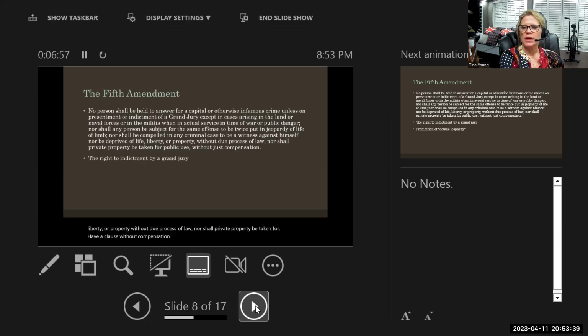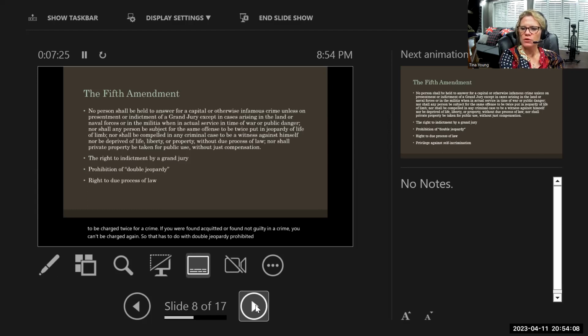That is a lot. And what it says is you have the right to indictment by a grand jury. We talk about indictments and the grand jury quite a bit in criminal evidence, but we'll dive a little bit more in this class about that as well. You are not allowed to be charged twice for a crime. If you were acquitted, found not guilty of a crime, you can't be charged again. So that has to do with double jeopardy,